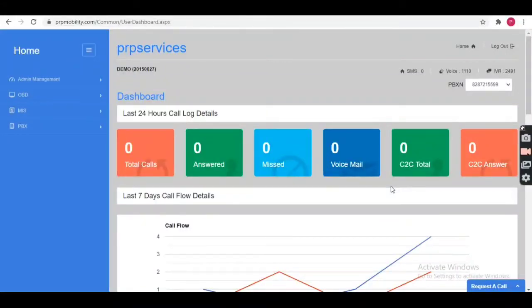Hey everyone, this is our IVR panel. PIP gives a user-friendly portal with your personalized user ID and password. We give you an option to select fancy and easy to remember virtual numbers, one which will be selected from your end for your IVR services and toll-free numbers for toll-free service.